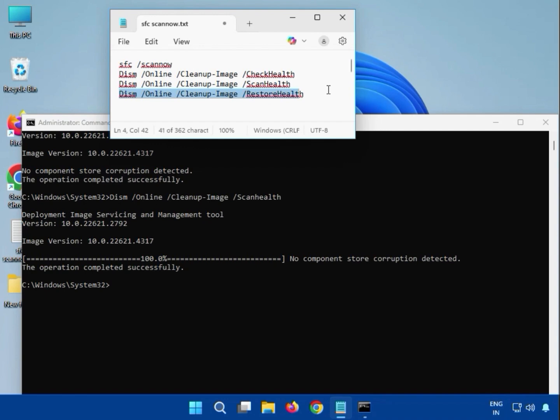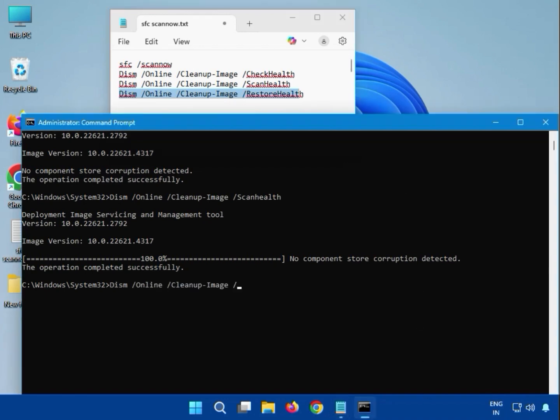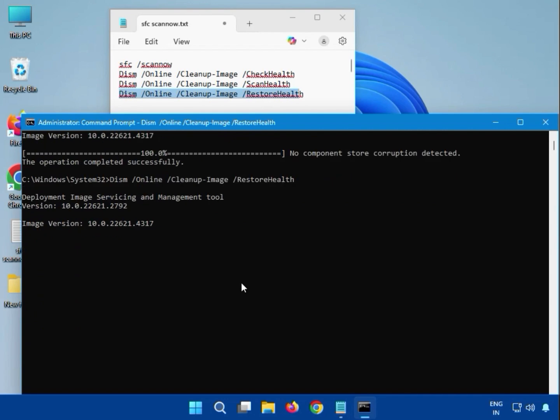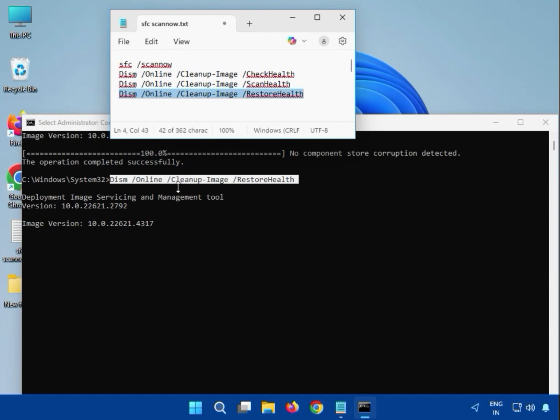Then guys, the fourth one, which is restore health. You can see here we can enter DISM and the rest, and please note small and capital letters. Okay, restore health, and then hit enter. Again guys, you have to wait. Once it starts the percentage, it will complete. After that you can see here,